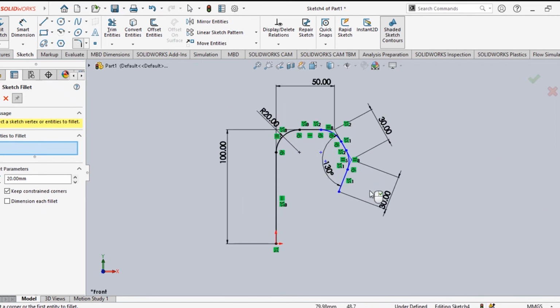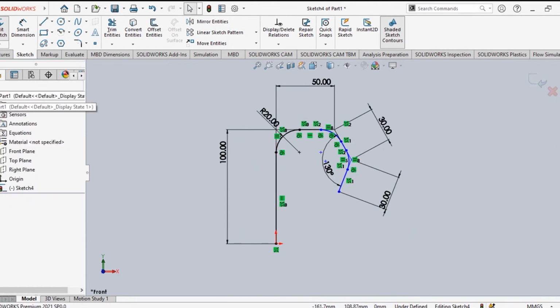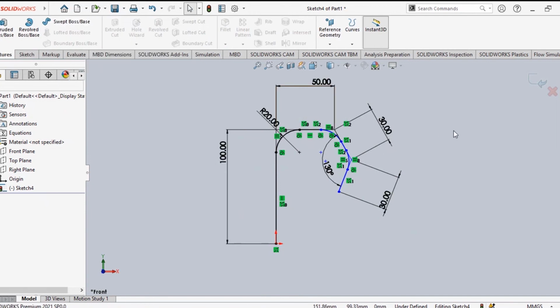Now we want to make this one in the form of a pipe. We want to make this type of pipe. For making pipe-like things, you have to utilize that command I told before, that is this features, and from there swept boss base. Anything in the form of pipe and other things in complex shape, you can utilize your swept boss base.